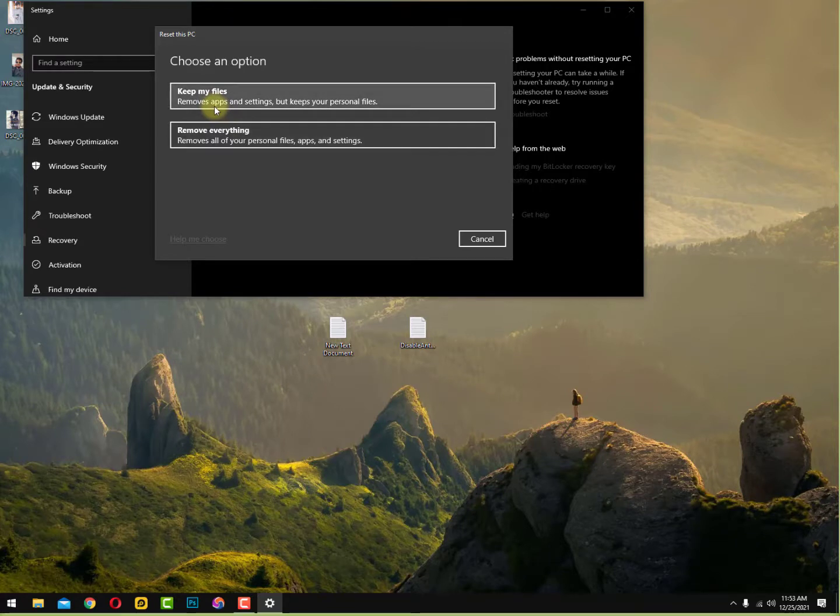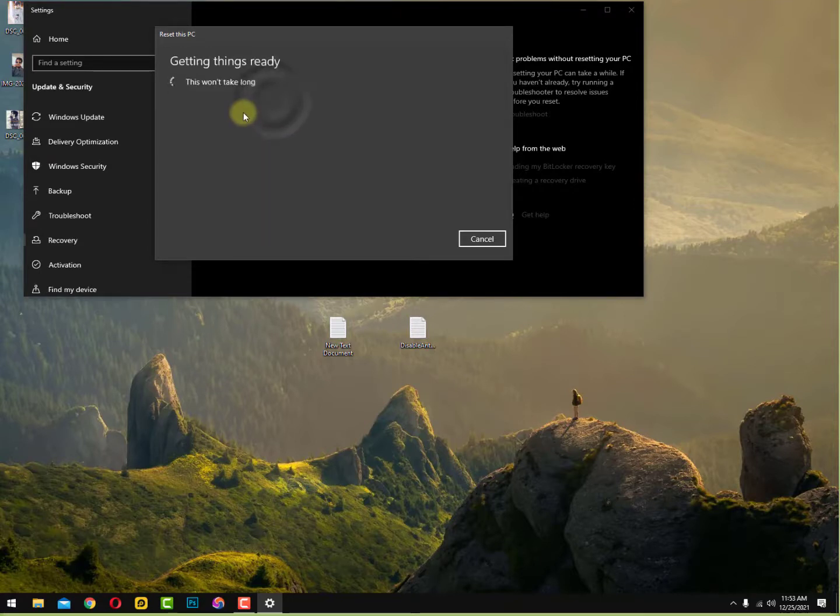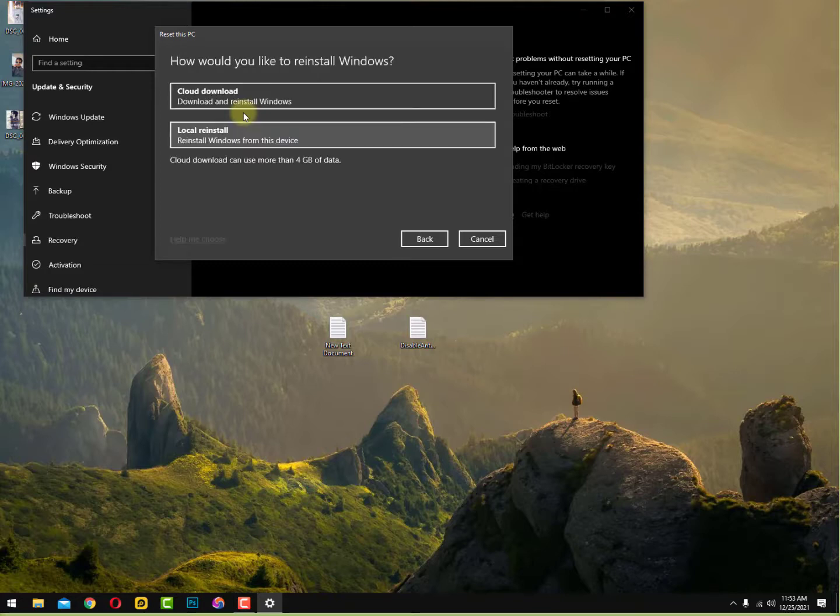That means you are just resetting your Windows, just like reinstalling Windows, and cleaning all unnecessary registry files, and just healing your Windows with this process. You can just renew your Windows. And if you are selling the PC, then you can go with the second option as well.